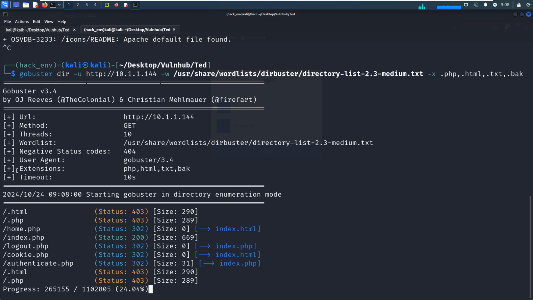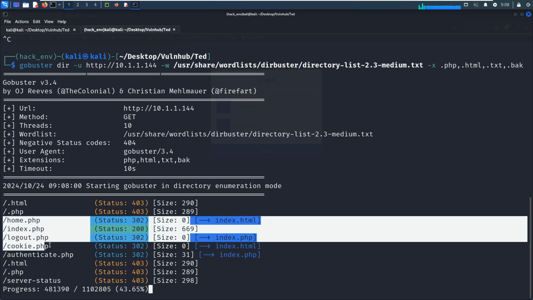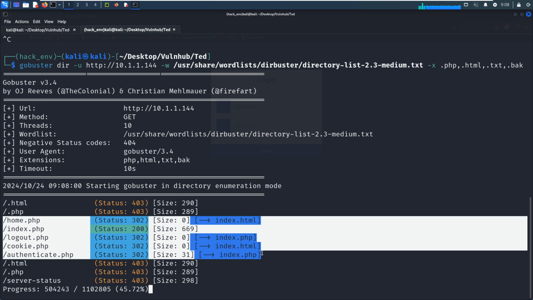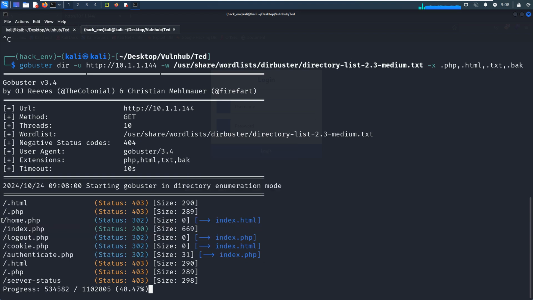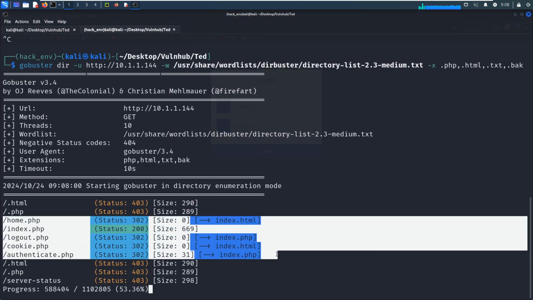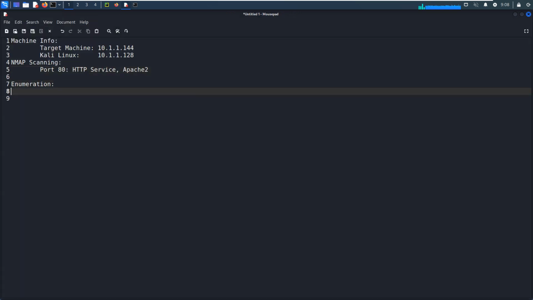I think GoBuster has already found some pages like home and also the index PHP file, logout, cookie. So maybe we can note down such information to our notebook. We can copy. And so the web application.